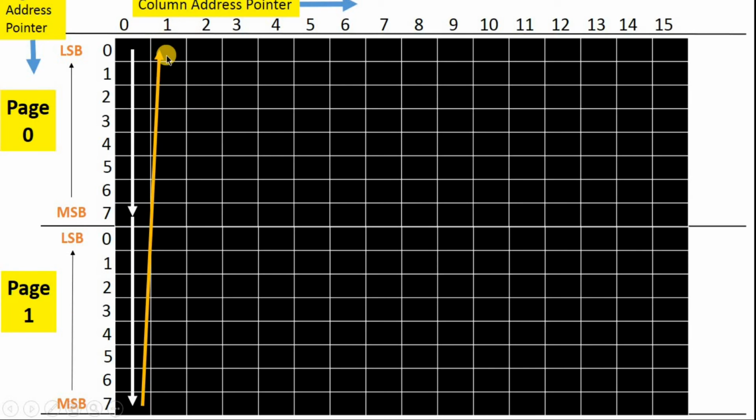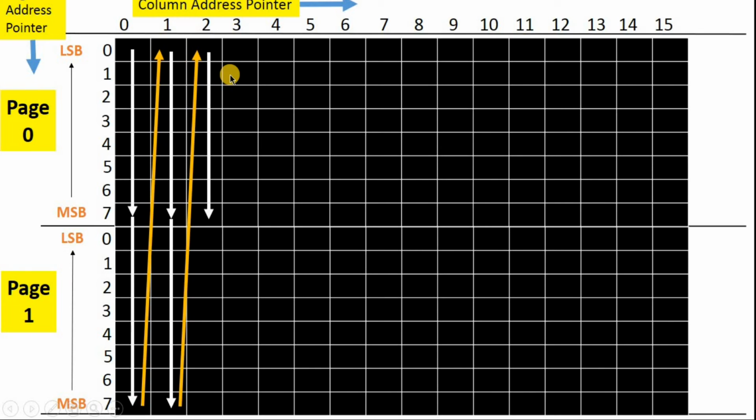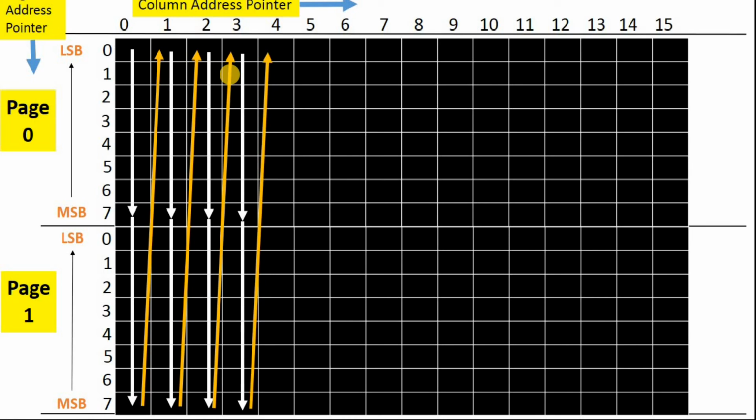Then the next number represents 8 pixels on page number 0 and column number 1, and the next number represents 8 pixels on page number 1 column number 1. In this zigzag manner, that hex number stream represents our pattern.